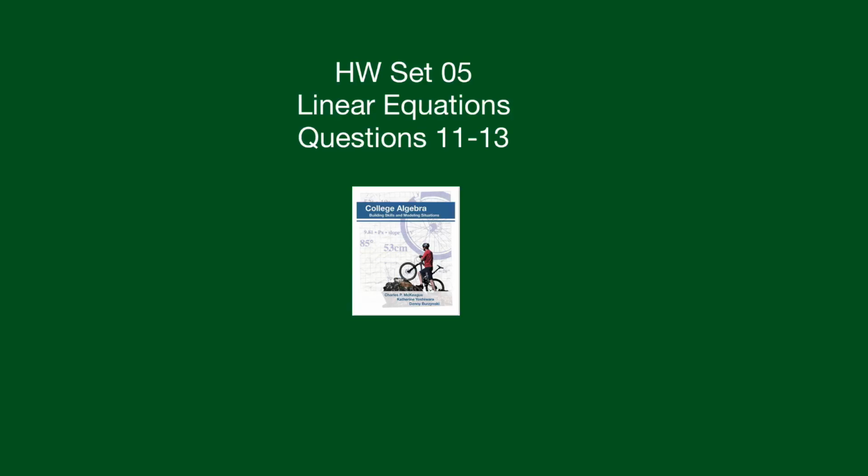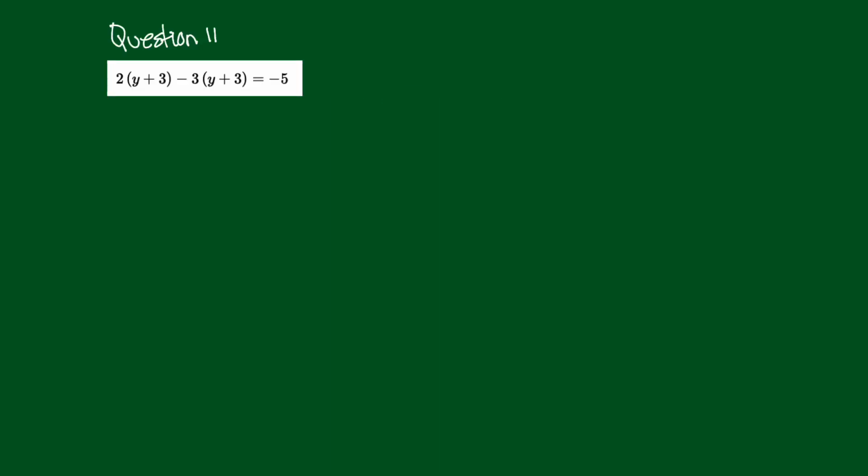This is homework set 5, linear equations, and we're going to work through questions 11, 12, and 13. Question 11, let's eliminate these parentheses. We'll use the distributive property, so let's multiply through by 2. So that'll give us